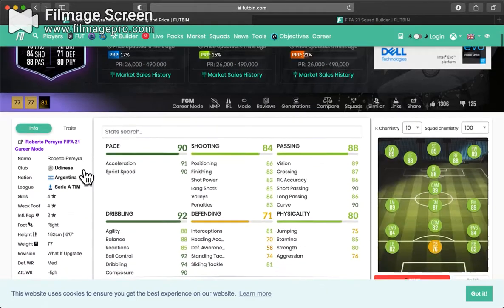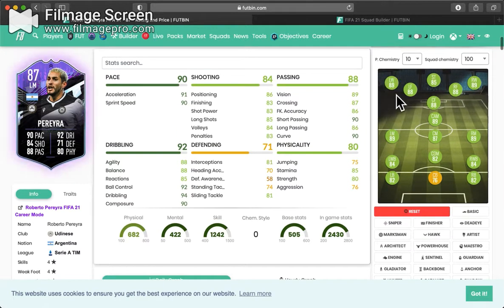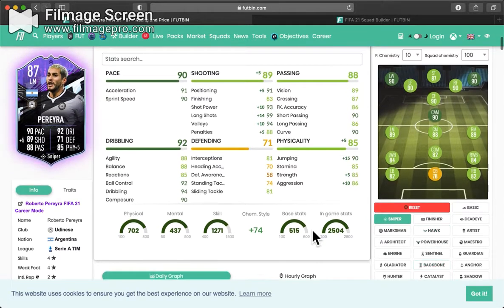Pereyra overall, if you take a look at those stats, he can pretty much play anywhere. Yes, he's a very good CAM. He can even play left wing well enough. But I'd say CAM is probably the best position. So if you were to put a sniper on him, it would increase his shooting and physical. To be fair, before we go into all the chem styles, I'm going to say this: he looks like a good DM, defensive mid, because these stats are the main focus for defensive mids, and in those stats he actually